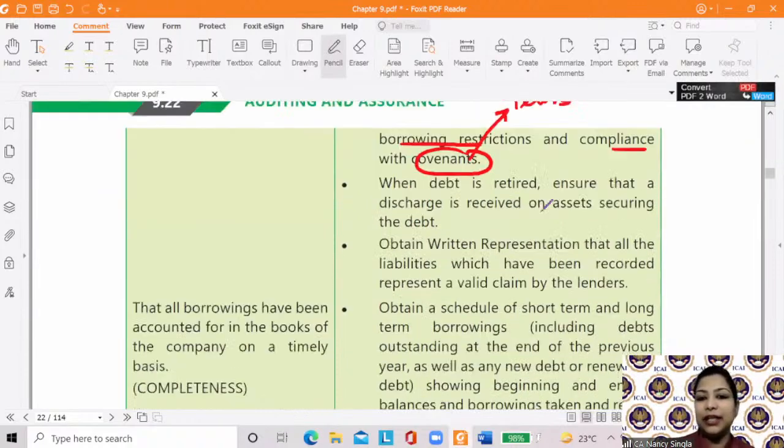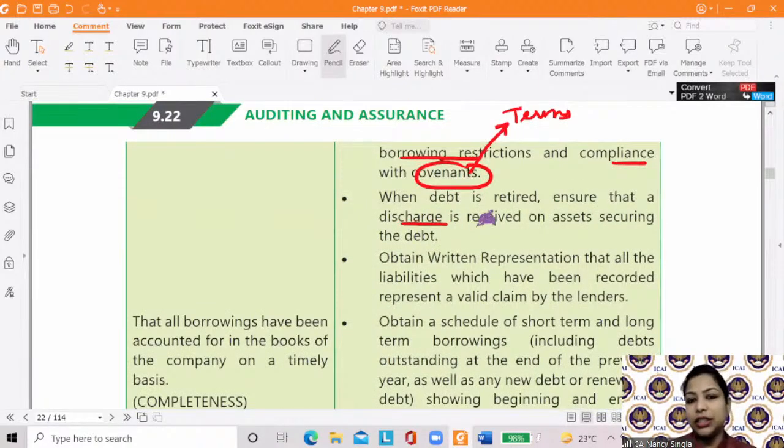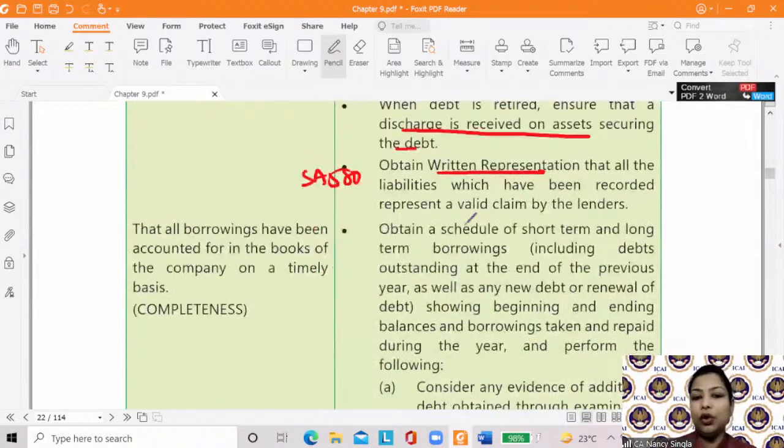Then if a debt is retired, it should be discharged. The discharge on the assets which have been secured should be received, and you may write here SA 518. Okay? Then a schedule of your short-term and long-term debt with opening, new debt, the debt which has been repaid and closing, and